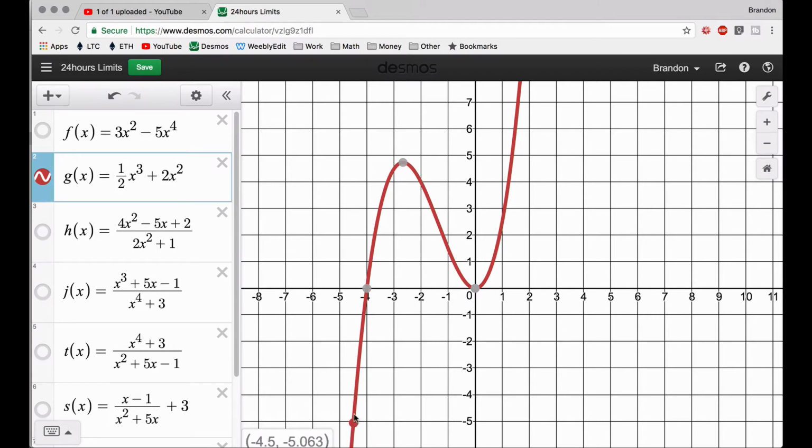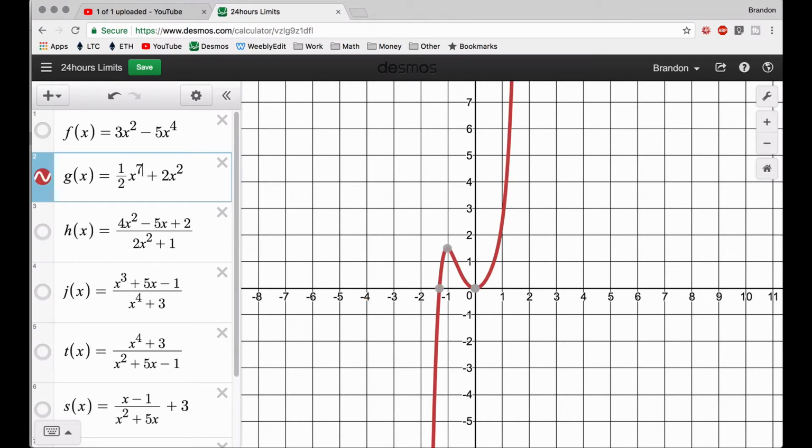Notice that end behavior. As x gets really small, as x goes to negative infinity, the y value also goes to negative infinity. And as x gets really big, as x approaches positive infinity, our y value gets really big. Our limit is positive infinity. And you can come in here and you can manipulate this. If I change that 3 to a 7, we're still going to have that same end behavior there